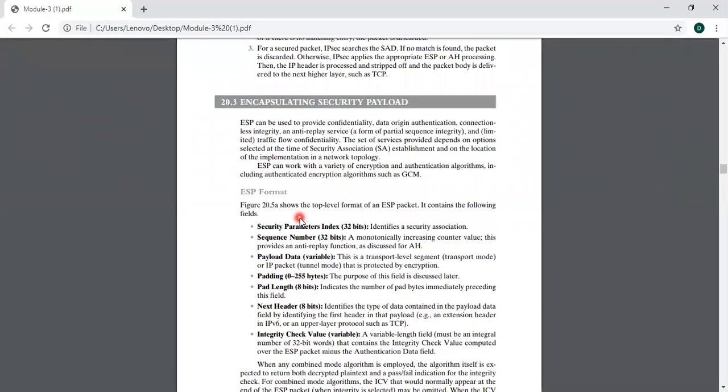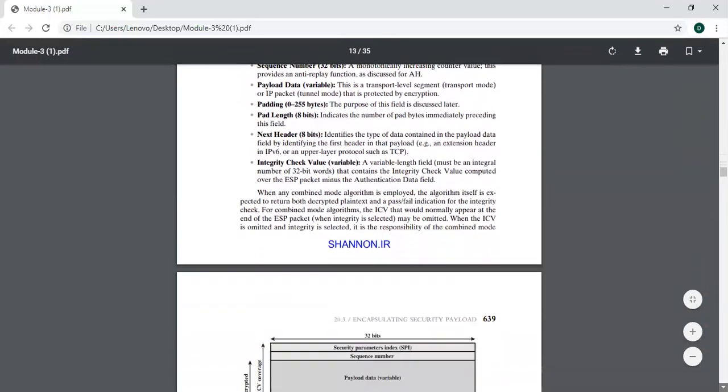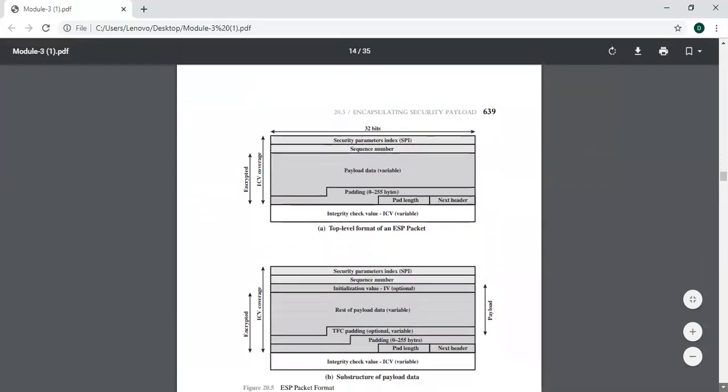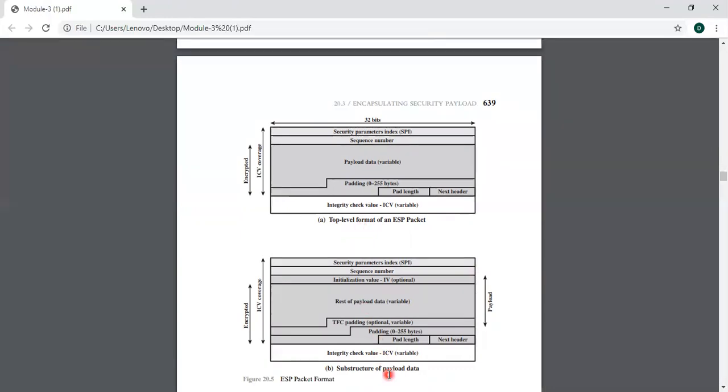Encapsulating security payload can be explained with a figure. Here you can see figure A and figure B. The figure shows the top level format of an ESP packet. It contains the following fields. Figure A tells about the top level format of an ESP packet, and figure B tells about a